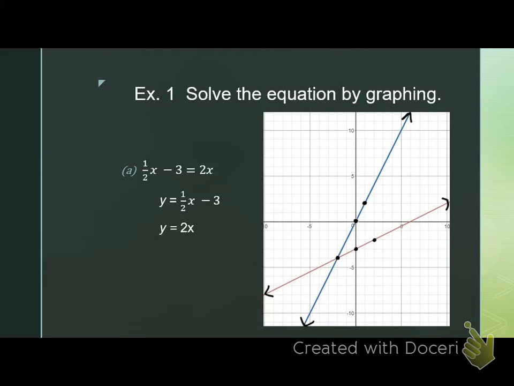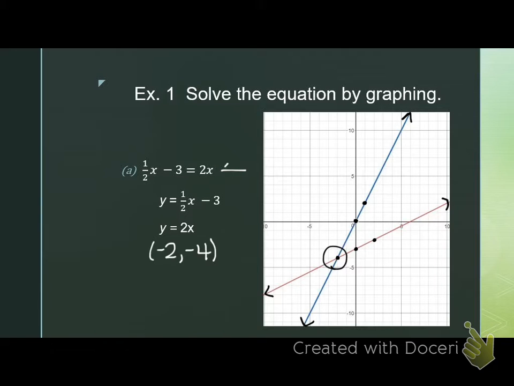Now, the point of intersection. We talked about step number 3, finding that point of intersection. And right here, you can very easily see our red line and our blue line intersect at the ordered pair -2, -4. So if we write down that point of intersection, -2, -4,